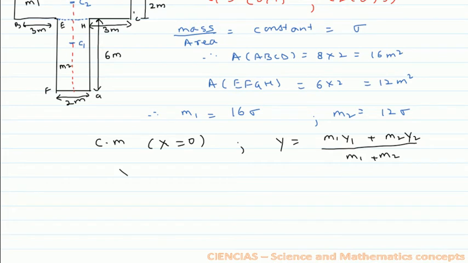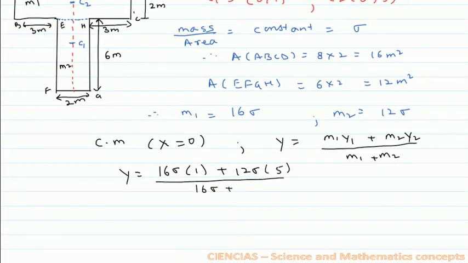We get y is equal to m1 is 16 sigma into y1 is 1 plus 12 sigma into y2 is 5, divided by 16 sigma plus 12 sigma, that gives you 16 sigma plus 60 sigma